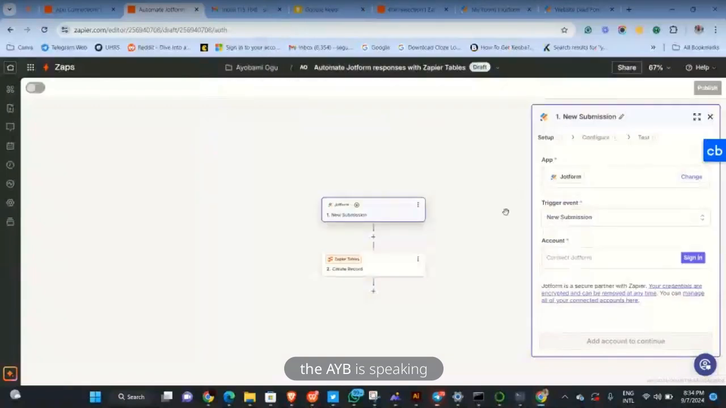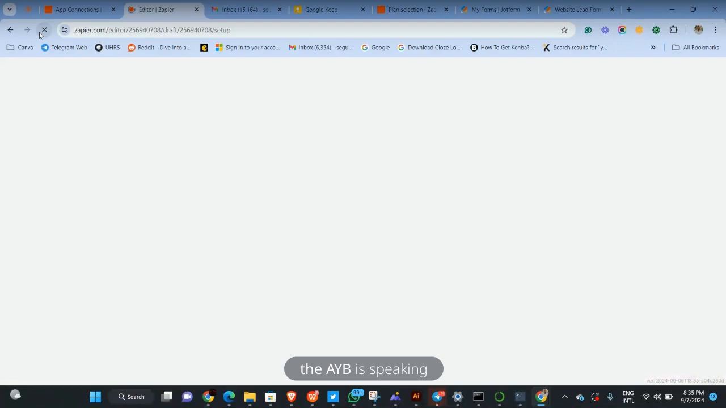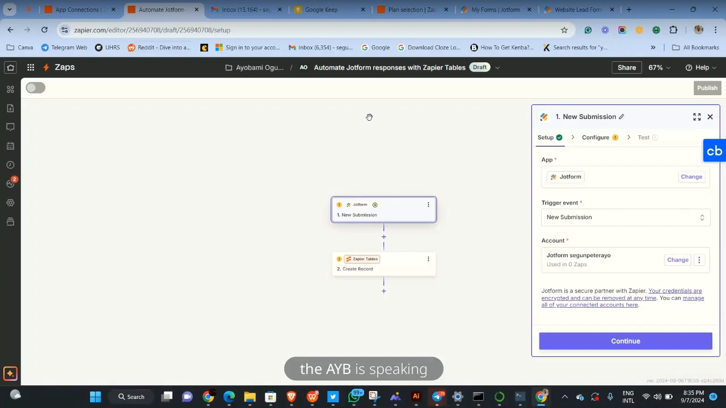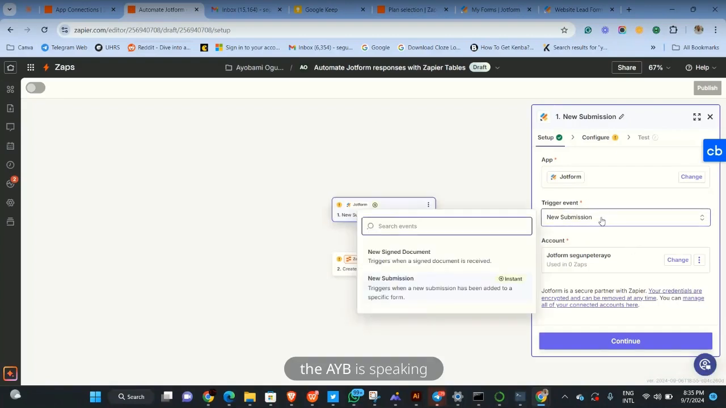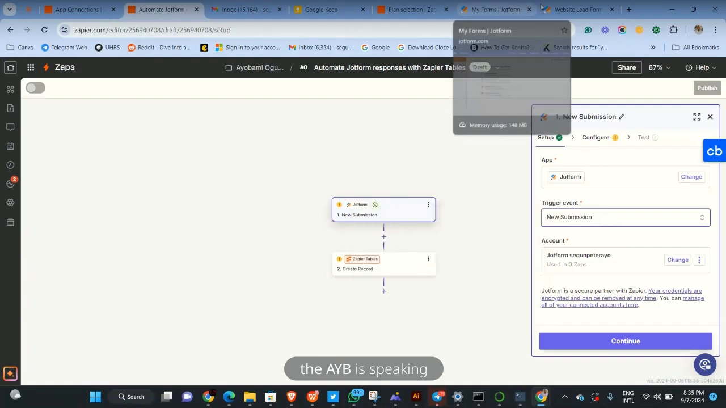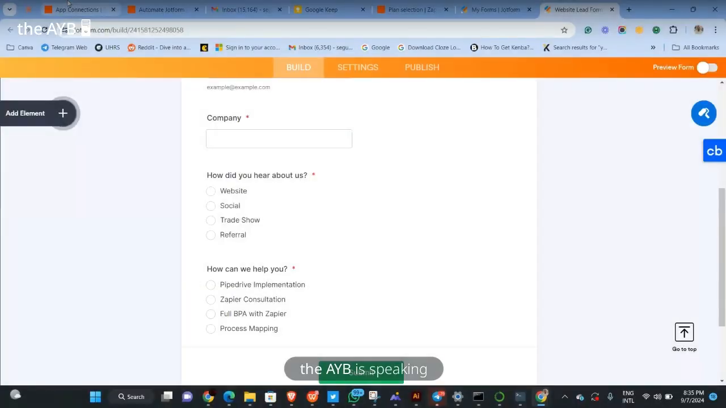So we've connected our JotForm accounts. It should reflect right now. If I click on setup and refresh this page, my JotForm should be set up because we have connected it right there. So you see that it's set up, and we have chosen an event. We are saying whenever this particular form is submitted, I want to put the